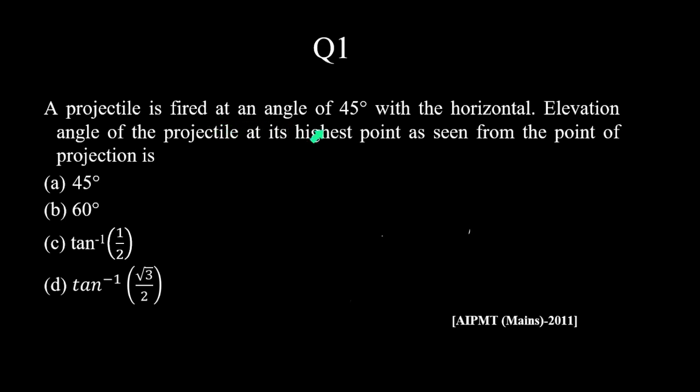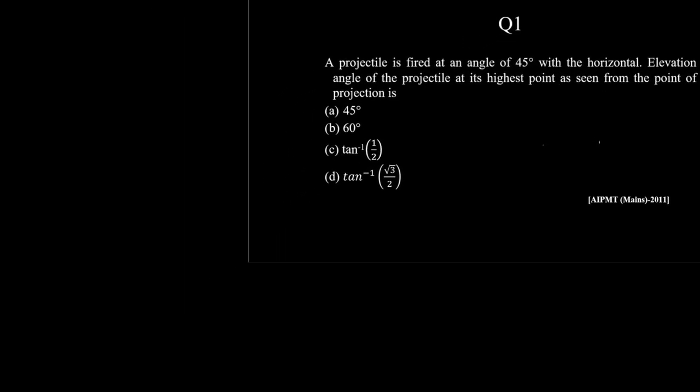A projectile is fired at an angle of 45 degrees with the horizontal. The elevation angle of the projectile at its highest point as seen from the point of projection is. So basically what has been given here is,